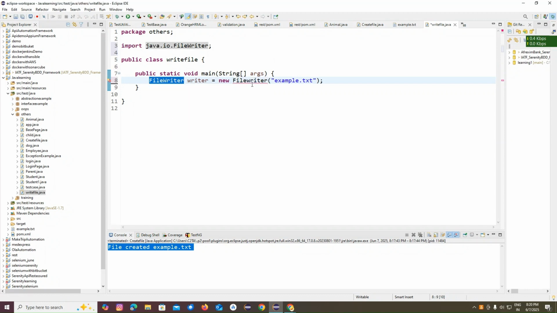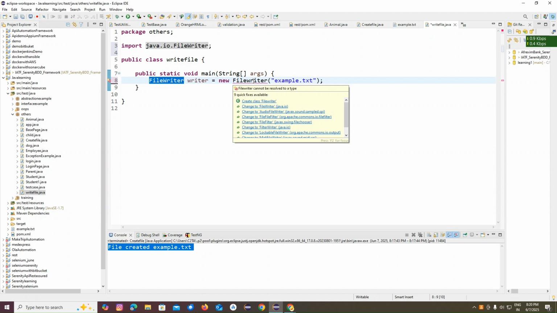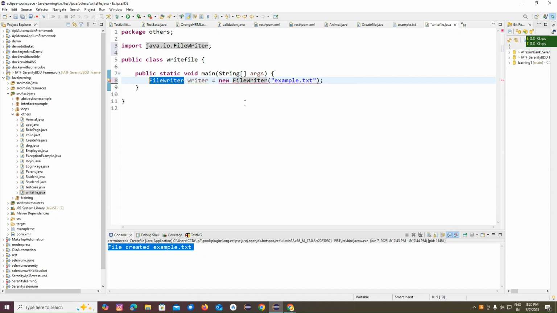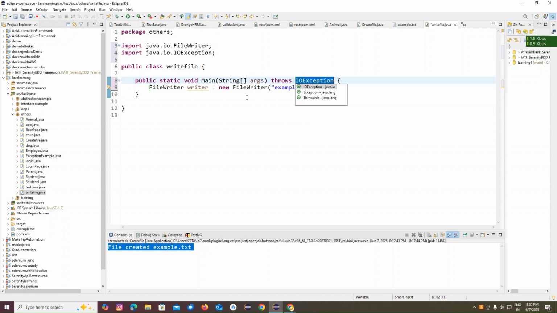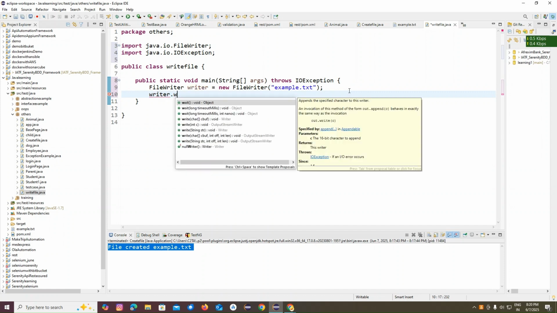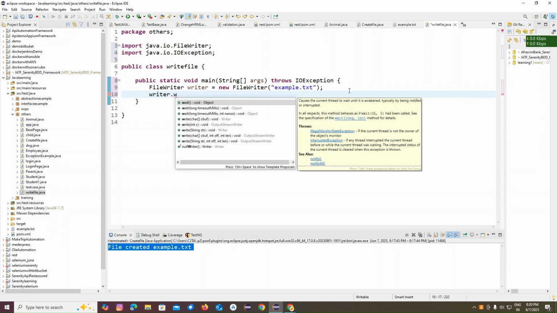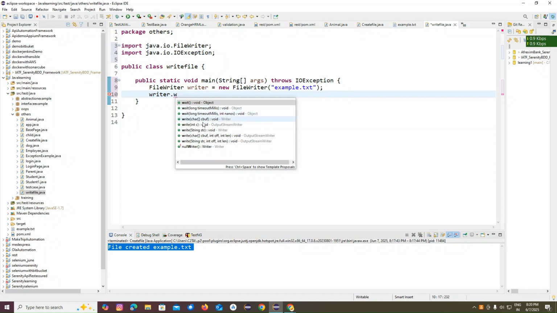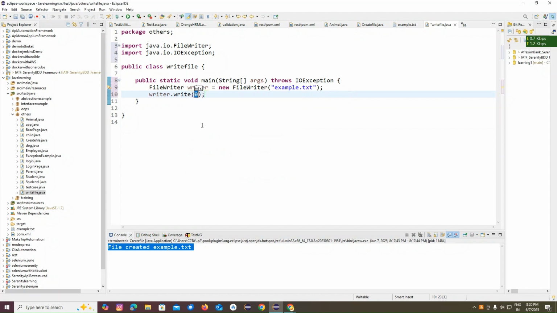File writer. Then again I'm going to import the java.io package, FileWriter, and I'm going to add the exception, IOException. Now I'm going to create an object and use writer.write. We need to write some data, so for that I'll give write. Then I'm going to add